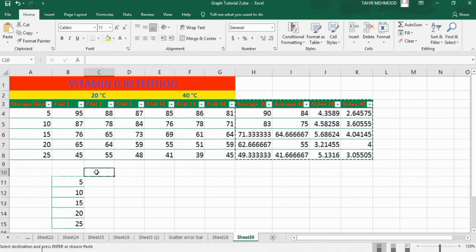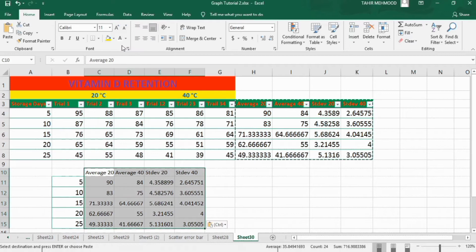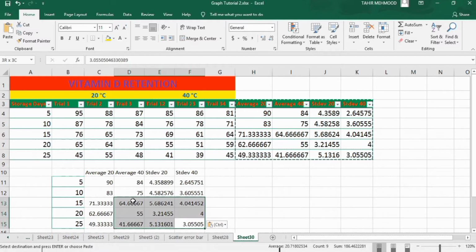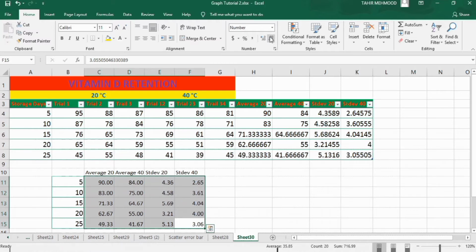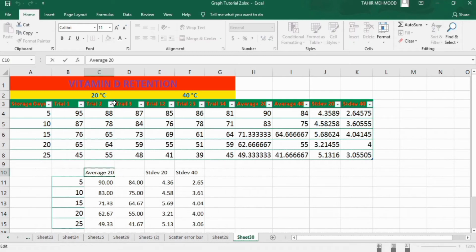Click here, and here you will copy values. Now I will select these one to adjust their decimal places. Now that's fine. You can put degree centigrade sign here.